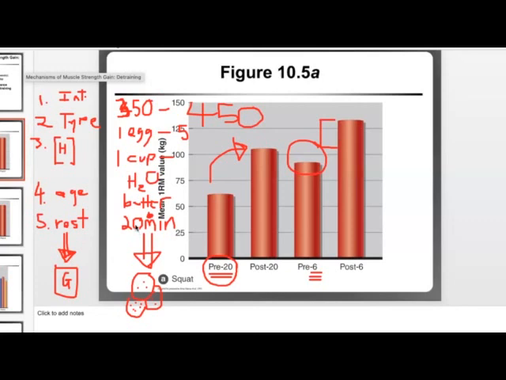And maybe I change this to 19 minutes. All right, I might still get something. It'll be a little different. Or if I do a cup and a third, maybe I'll get drier cookies. But this is chemistry. This is a chemistry experiment, right? If I change a part of the chemistry, then I get a very different result. And your body is the same thing. You're doing a chemistry experiment. Muscle hypertrophy is a chemistry experiment.